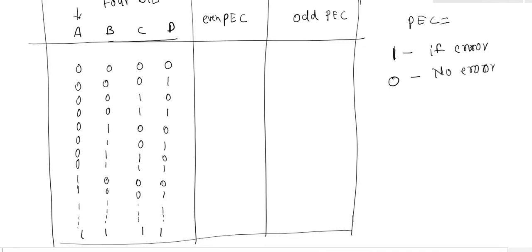Now when is the 1 and when is the 0 going to be generated by the checker? For the even parity checker, the parity checker is generating a value 1 if an odd number of ones are received. Clear? The even parity checker is generating the parity error check bit as a 1 if an error occurs. It means it is expected that an even number of ones need to be received, but it is receiving an odd number of ones. Clear?